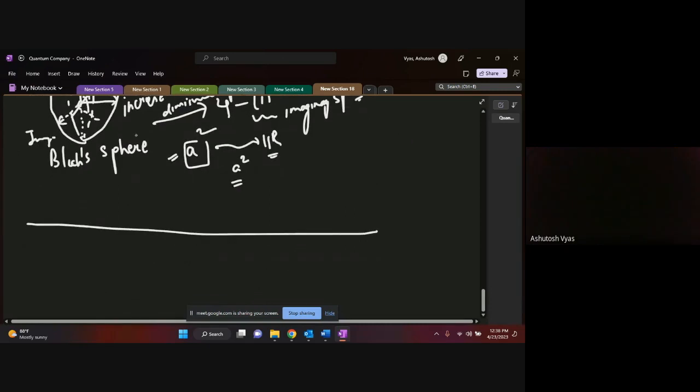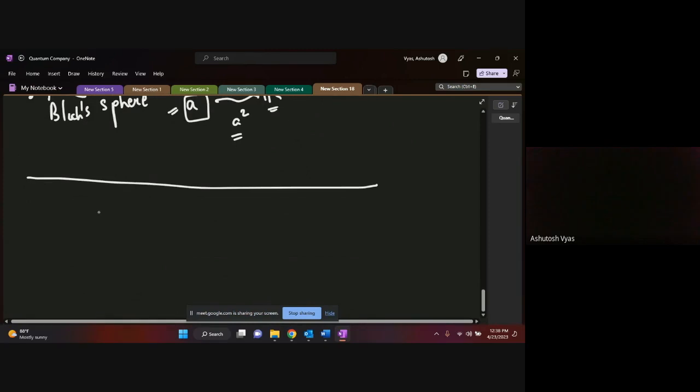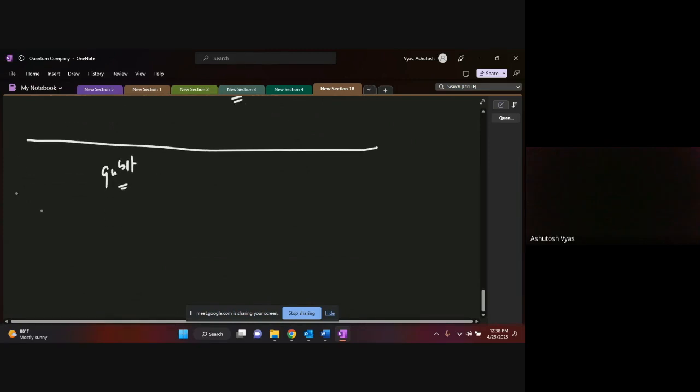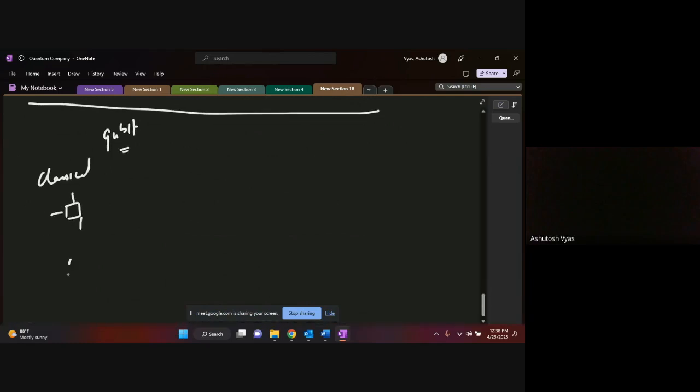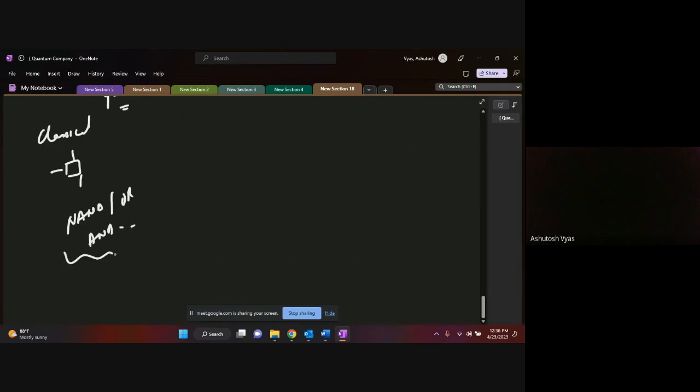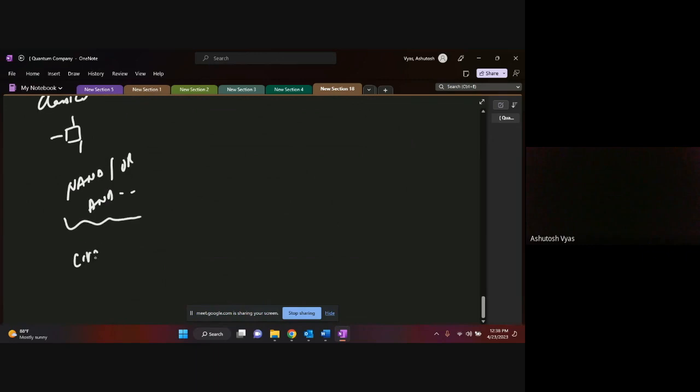Having said that, suppose we have understood how the qubits are designed, then how are they used in your classical theory, right? You used all those transistors basically to design and develop logical gates. You designed the NAND gate, OR gate, AND gate, and so on and so forth. And the combination of these gates is called a circuit, correct?